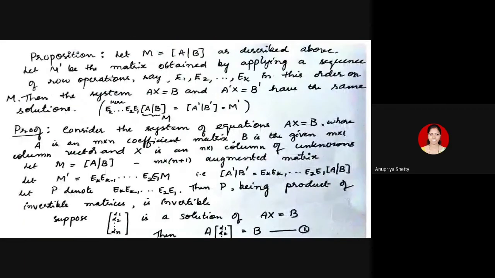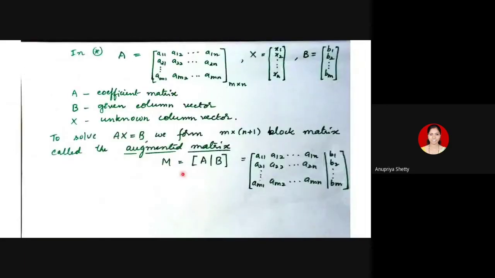Now, before going to the next slide, we'll consider this M and try to simplify it. Simplify in the sense that you're trying to make as many entries zero as possible, so that the system of equations which you get later is a simple one, which could be easily solved.